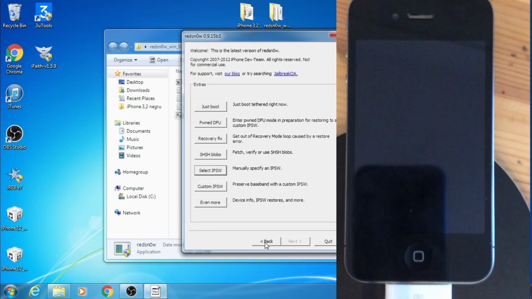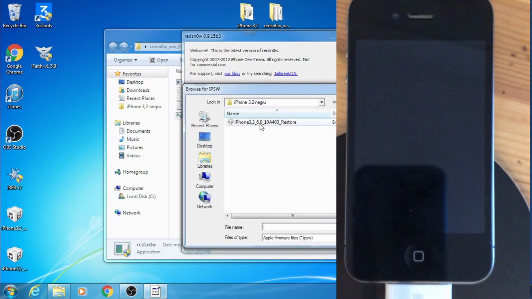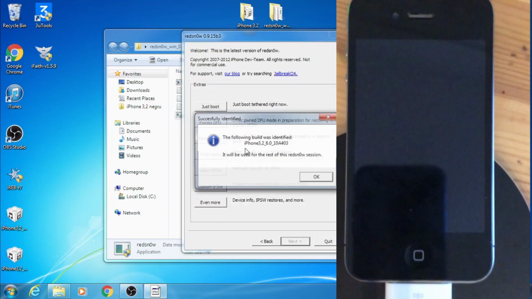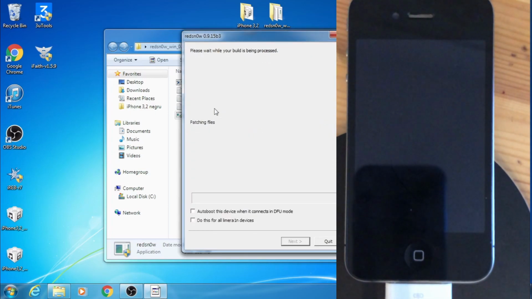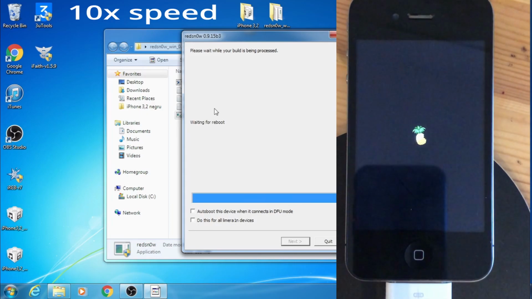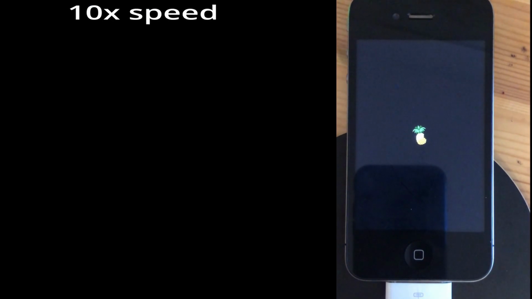Okay, now that it's connected, you're gonna select the iOS 6.0 IPSW again and press just boot. Now it's booting your device for the first time. Okay, now this is 10x speed. Okay, so yeah, now I'm just gonna activate my phone and yeah.